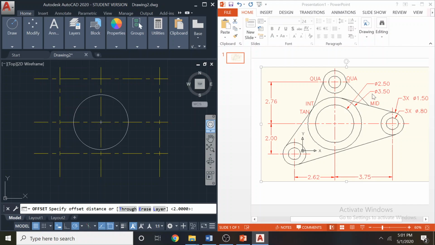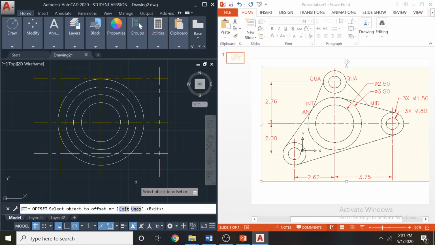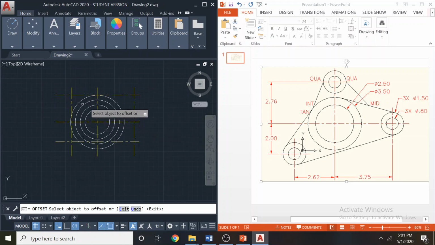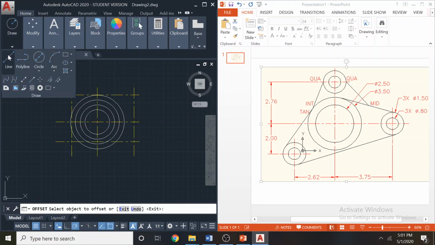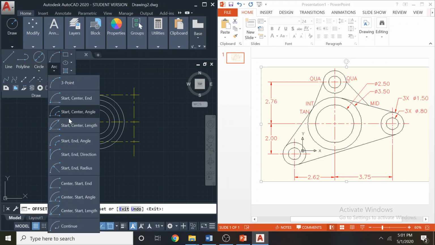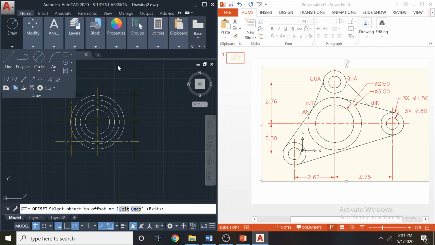This is diameter, radius is 0.5. So if you just offset this circle by 0.5, you can get another circle. You can get a lot of parallel circles like this here. So the offset tool is a nice tool which always works for lines, circles, and even for arcs. We haven't discussed this. Even for arcs the offset tool works, so no problem.